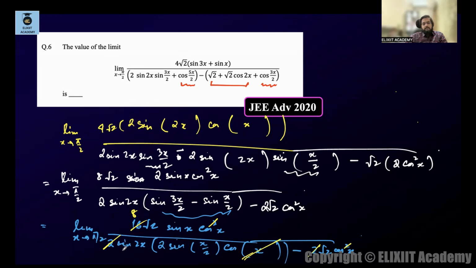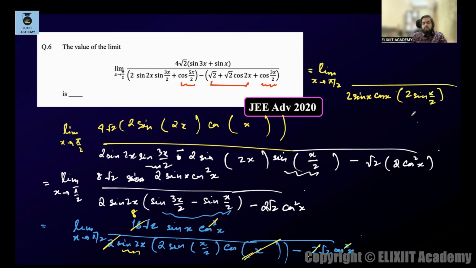Likewise over here we have sin 2x, right? So further we can break that into 2 sin x into cos x. Let's simplify this further. Limit x tending to pi by 2. So here in the denominator, we can simplify this sin 2x as 2 sin x into cos x, right? Okay, and then further we have inside, 2 sin x by 2,